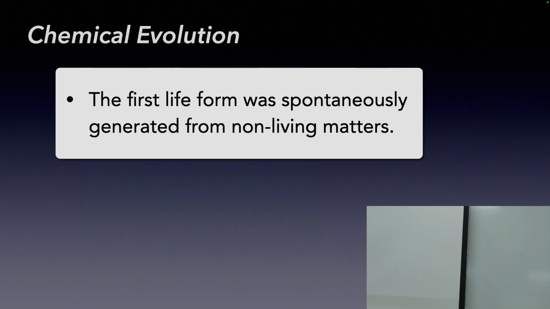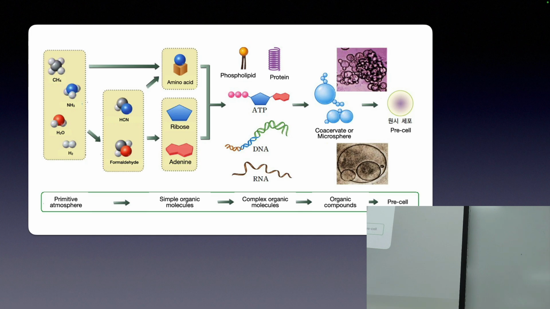So this chemical evolution states that in the beginning, there were only non-living materials like this. So all this non-living material,